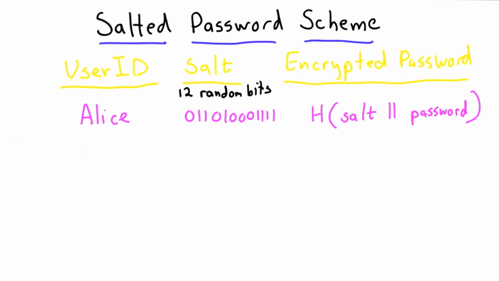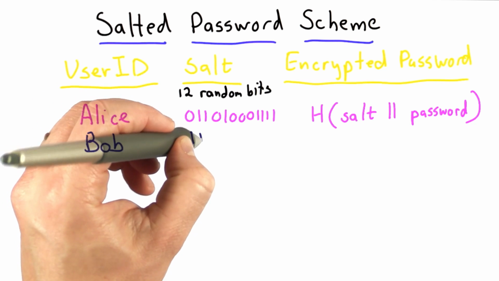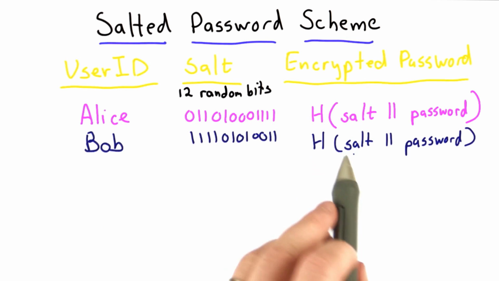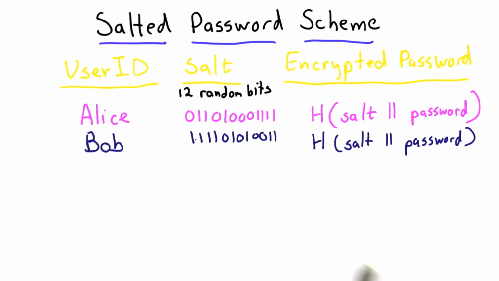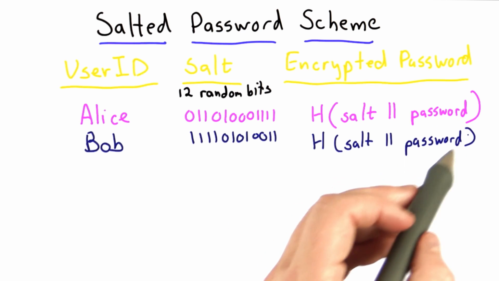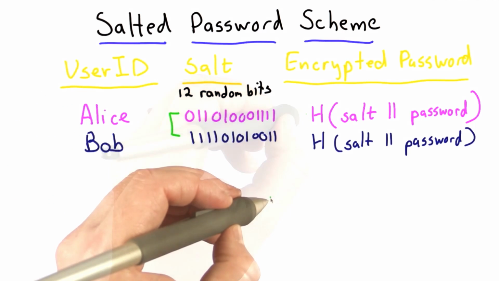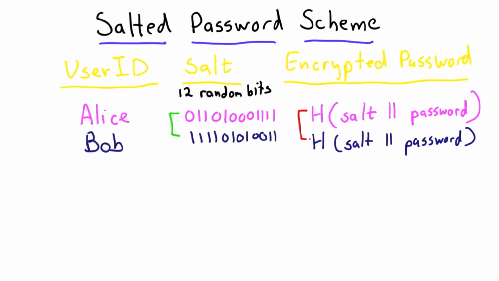concatenated with the password. And then for Bob, we'll do the same thing, but we'll have a different sequence of random bits. And so here, what we're storing is the result of hashing Bob's salt, which is this selection of random bits, concatenated with Bob's password. This means as long as the salts are different, even if the passwords are the same, the encrypted passwords will